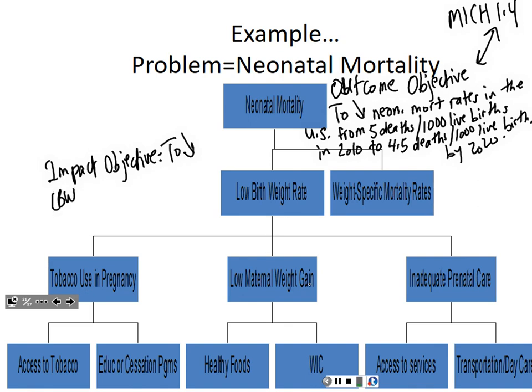Low birth weight rates. Where? What did we say in the outcome objective? What did the outcome objective say about where? In the US. So what should the impact objective say? In the US. They have to be the same population. Okay? All of our objectives have to have the same population. We can't intervene in Canada and expect to see a change in the US. Okay? So to decrease low birth weight rates in the US,